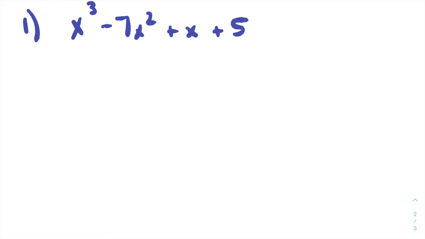So the question is, the problem we just did, that's a problem that's factorable, and we can do those problems because we've already been taught how to do those problems. But the question is, and I'll call this question 1, when I have a problem like this, x to the third minus 7x squared plus x plus 5, what do I do if the problem is not factorable? And so this is where it presents a challenge, because I know there's 4 terms, and so you